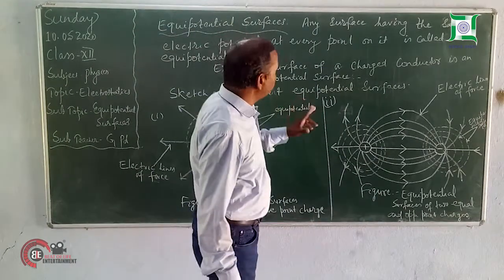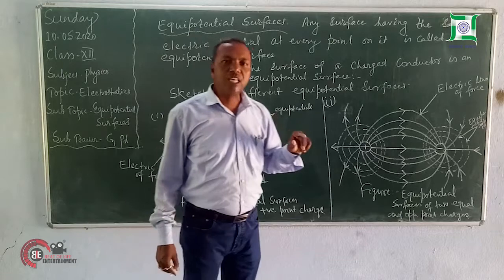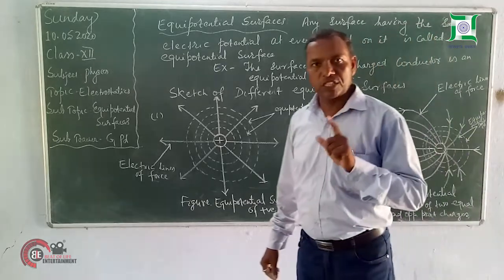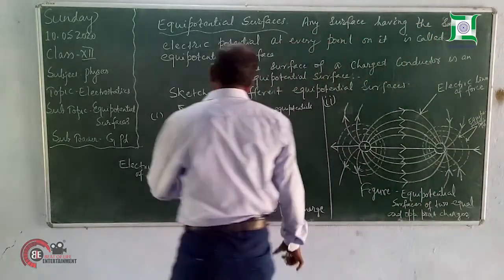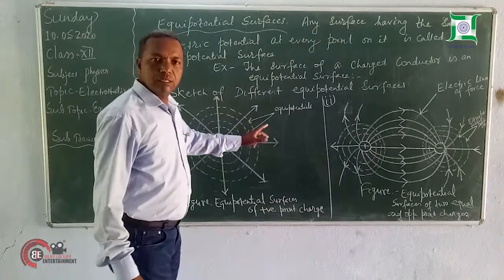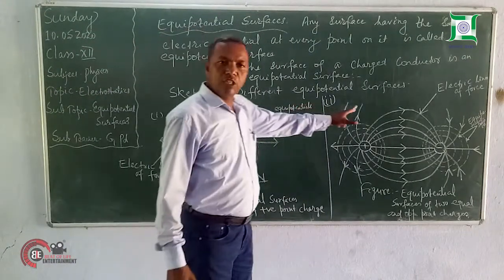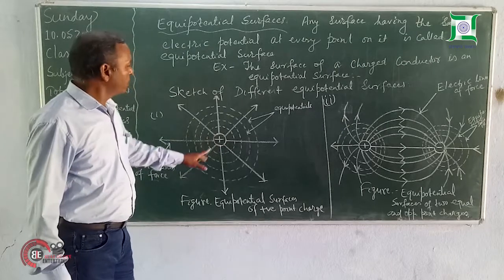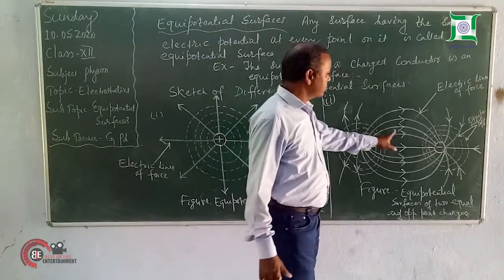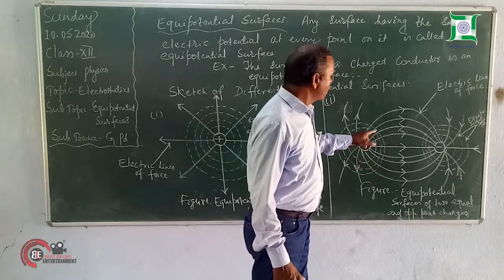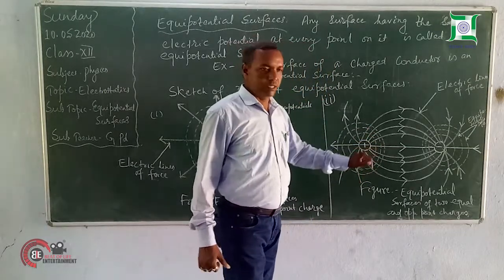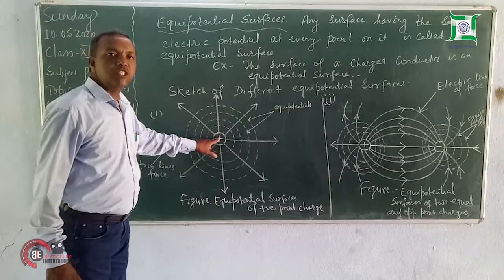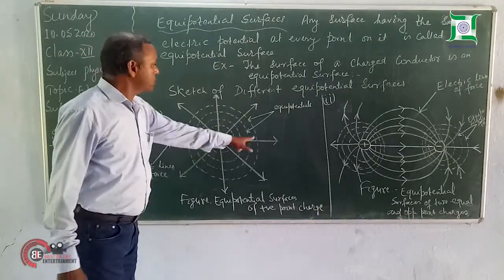For example, the surface of a charged conductor. The surface of a charged conductor is a good example of an equipotential surface. Here we have sketched different equipotential surfaces. This is the equipotential surface of a positive point charge, and this one is the equipotential surface of two equal and opposite point charges. यहाँ पर a positive point charge is placed in a space, and these straight lines